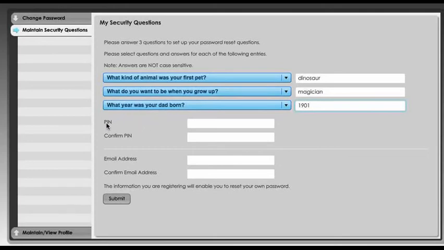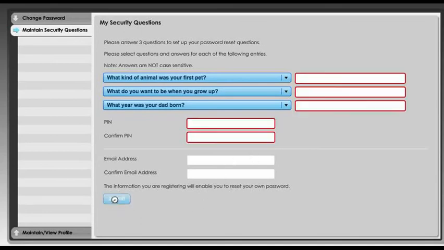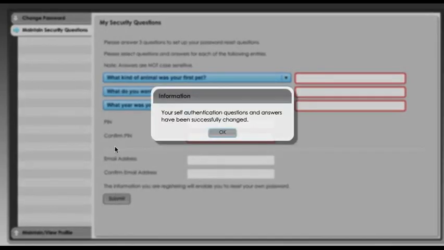The next section asks for a PIN number, and it's a 4-digit number, and there might be a PIN number that your school has decided to use, or maybe you have a 4-digit number that you can use as your PIN number. So you type that in here, and then this next box asks us to confirm that PIN number or type it again. So we'll do that. Now we don't need to put anything in the email address, so we just go down to the submit button, and again hope that that was successful. And this message says that our secret questions and answers have been successfully changed,